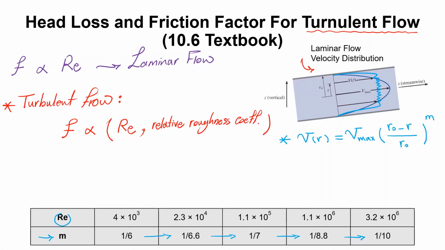So whenever your flow is turbulent, F is not only a function of Reynolds number, but also a function of relative roughness coefficient, meaning that it matters if your pipe is made out of concrete or plastic or glass or whatever. Okay? Now, to calculate F for turbulent flow, you have a set of equations